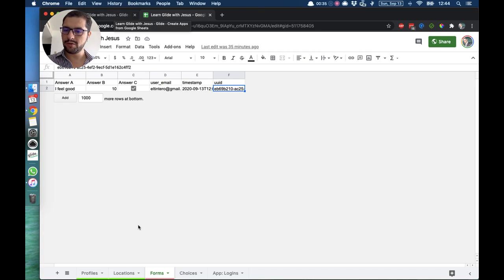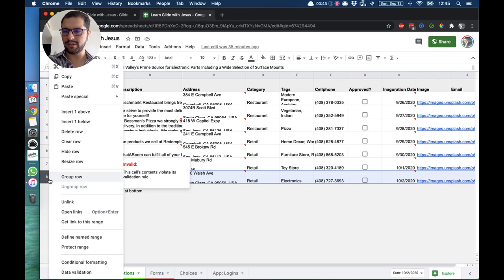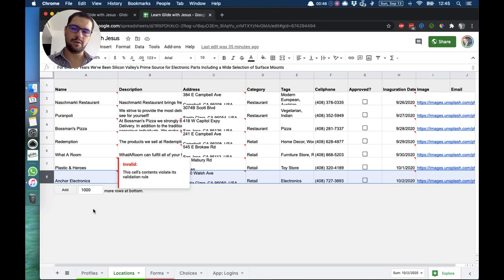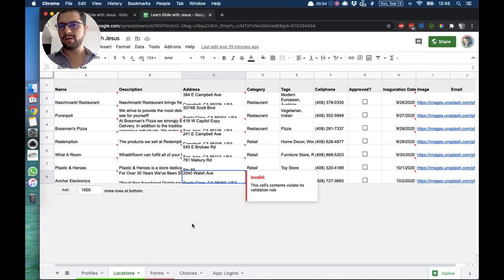So you open up your spreadsheet, go to the right tab where you want to delete that information, and then, on your Mac, you will double click the row, or in Windows you will click with the right button of the mouse the row and delete that row. It is important that you delete the whole row, and it is ideal that you don't have empty rows, especially